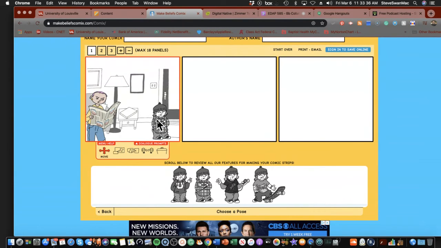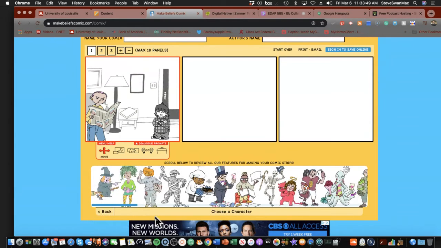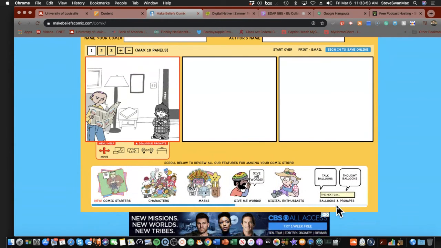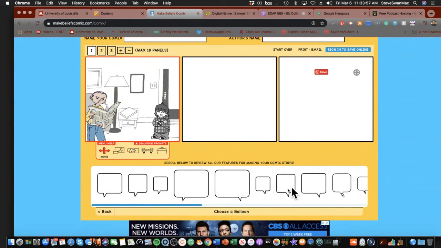So I'm going to bring him up. Now I do need to flip him because he's facing the wrong direction. So I'm going to have him turn around and then I'll turn it off by hitting the move again. Okay, so now I'm ready for them to have a dialogue. So I'm going to go back to where we have those talk bubbles. And I'm going to put a talk bubble above the man with the newspaper. And I'm going to click in here to write.